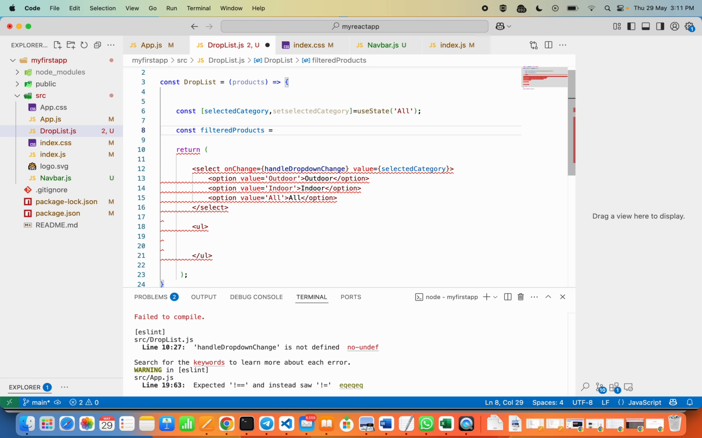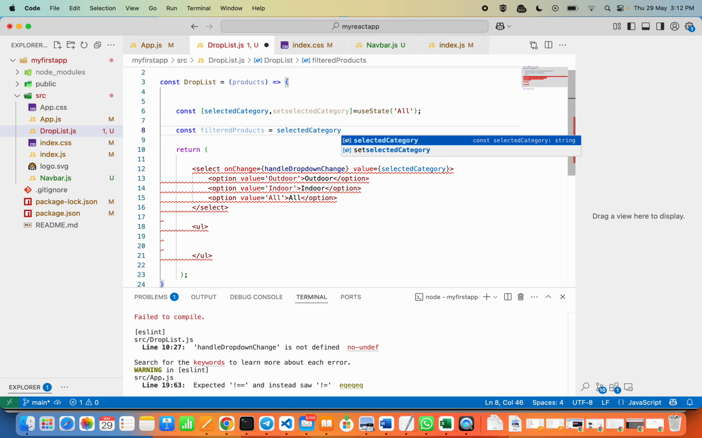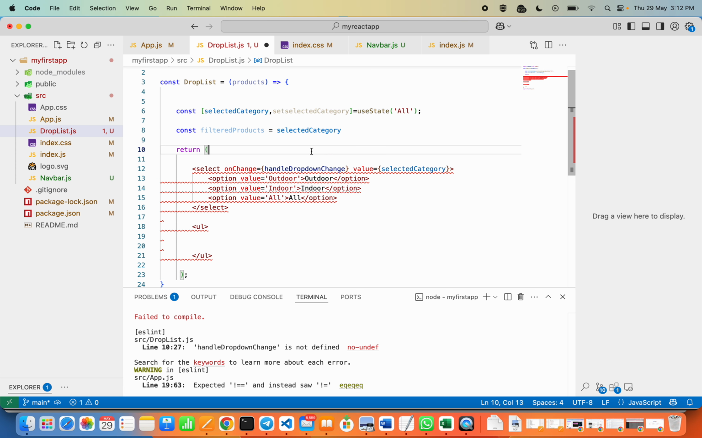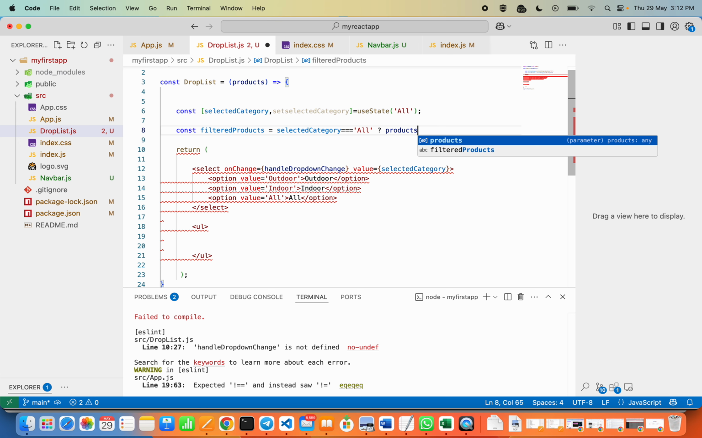That would be equal to selected category. So this is the whole thing. The default option is all, and based upon whatever we select, that would be set as the option. So if this is equal to all, then we can directly say that you can go with all the products. If that is not the case, else, then we have to apply the filter, products.filter,